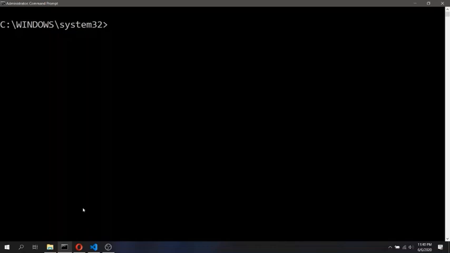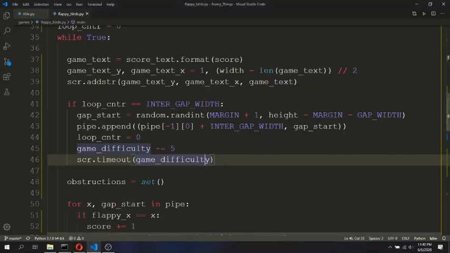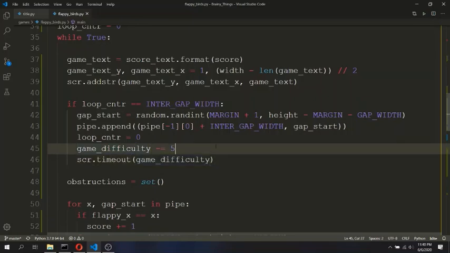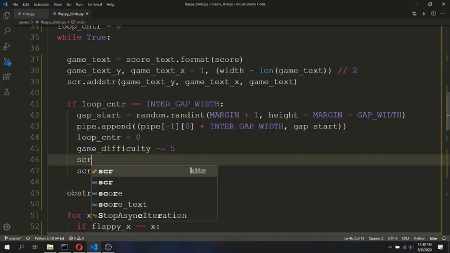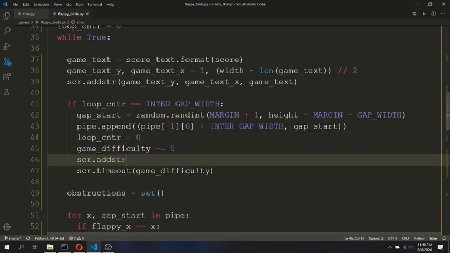But it is very hard to see whether this effect is actually taking place or not. So we will display the game difficulty for debugging purposes only at the top left corner of the screen, and we will display the string representation, and we will have the fixed width of 3.